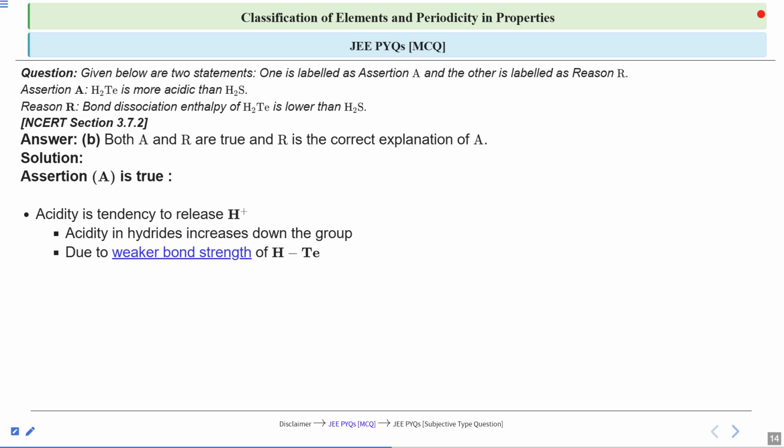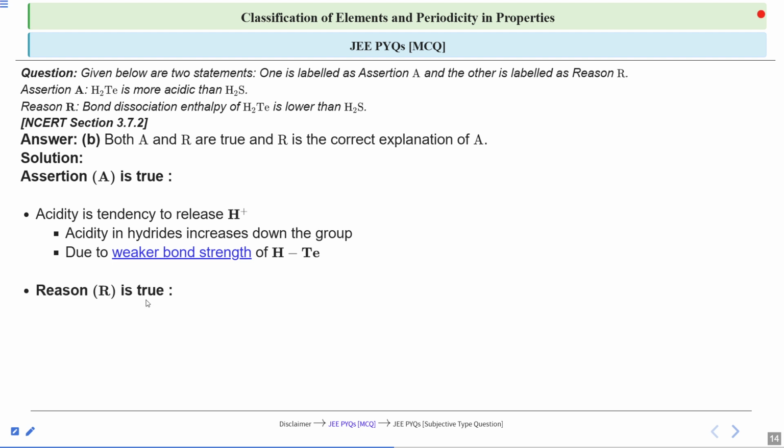So basically, when we form a chemical bond, it is mandatory for the elements forming the bond to be closer in energy. The closer they are in energy, the more stable the bond formed. If you compare tellurium and hydrogen, their size difference is very significant. Due to this large size difference, their energy difference is also large. So they don't make a good bond. And that is a general trend seen in a group. Due to this large size, it is easily able to donate its proton.